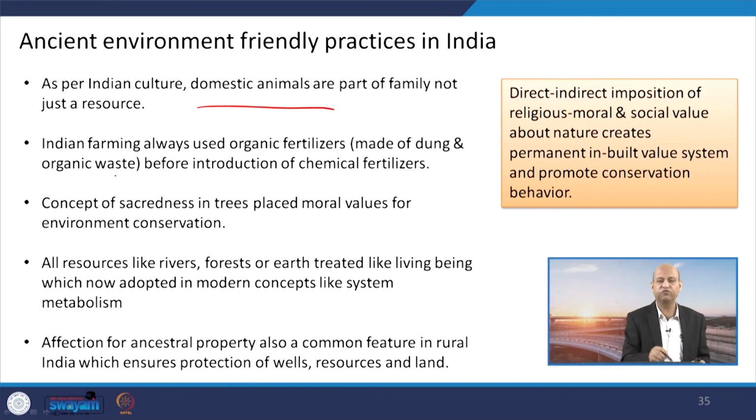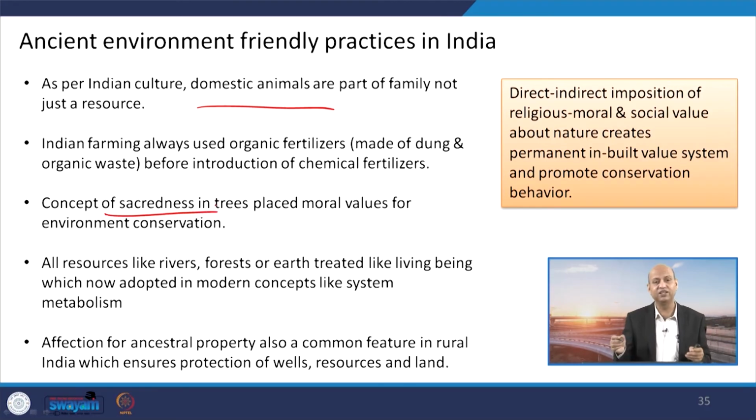And Indian farming practice was based on an organic farming kind of concept, until chemical fertilizers started to be used, although people can argue that chemical fertilizer has given us great yield so that we could feed our population. But there are also other negative aspects of these chemical fertilizers, because natural resources have been damaged very seriously, okay, and groundwater has gone down, and those are the issues. And then this